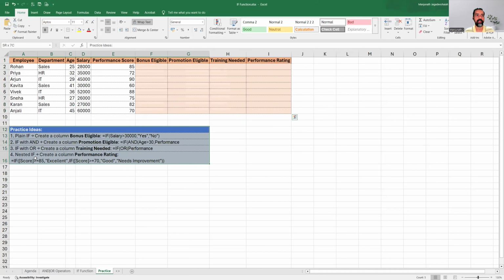The first practice is create a column bonus eligible, and the condition is if salary is greater than 30,000, then print yes, else no. So here is our bonus eligible column. Now let me apply the if condition to the cell. So type equals IF, press tab, and the logical test is that the salary should be greater than 30,000. So I have the salary column here. Select the first cell under the salary column, which is D2. Now if D2 is greater than 30,000,